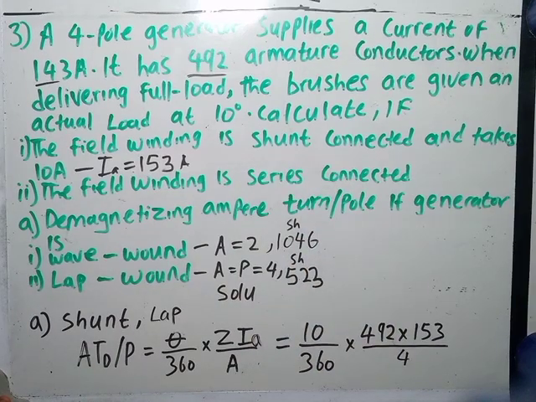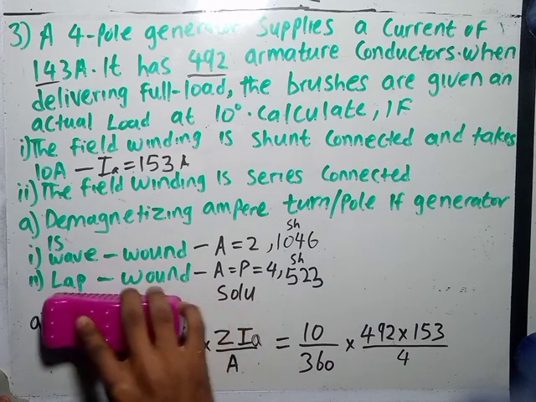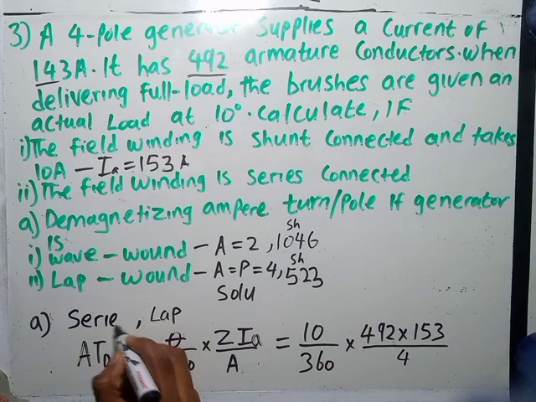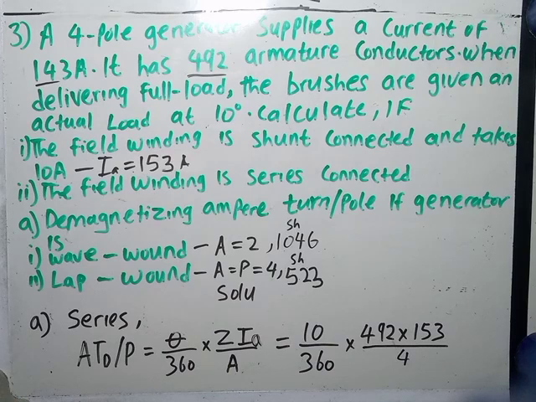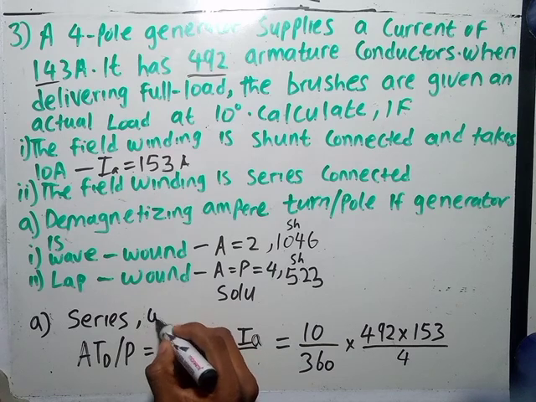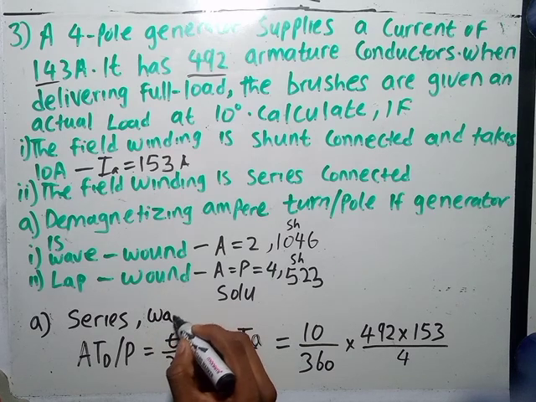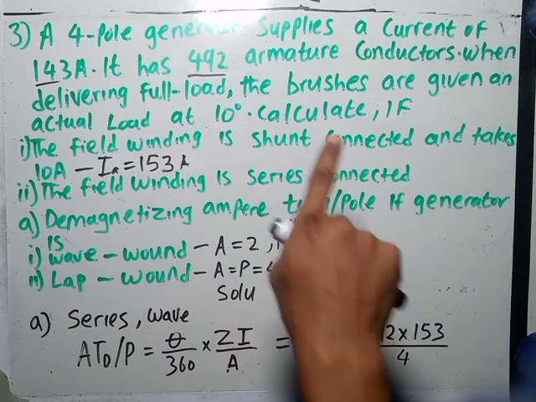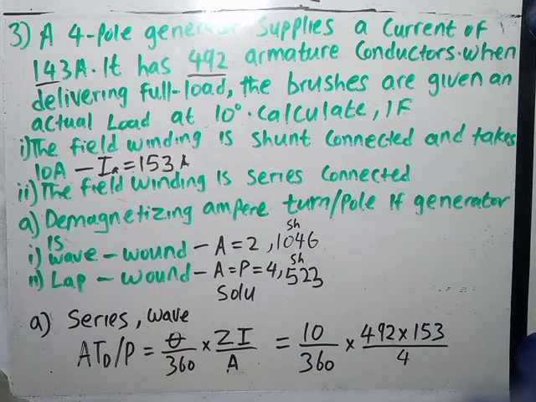Now we'll be changing over to that of series. So if we change this to series, we'll be solving for the first one, which is wave wound. Now the only thing that will be changing this time around is our current value. We won't be using armature current this time around, but just the current that was supplied. Like we said, in series the current is